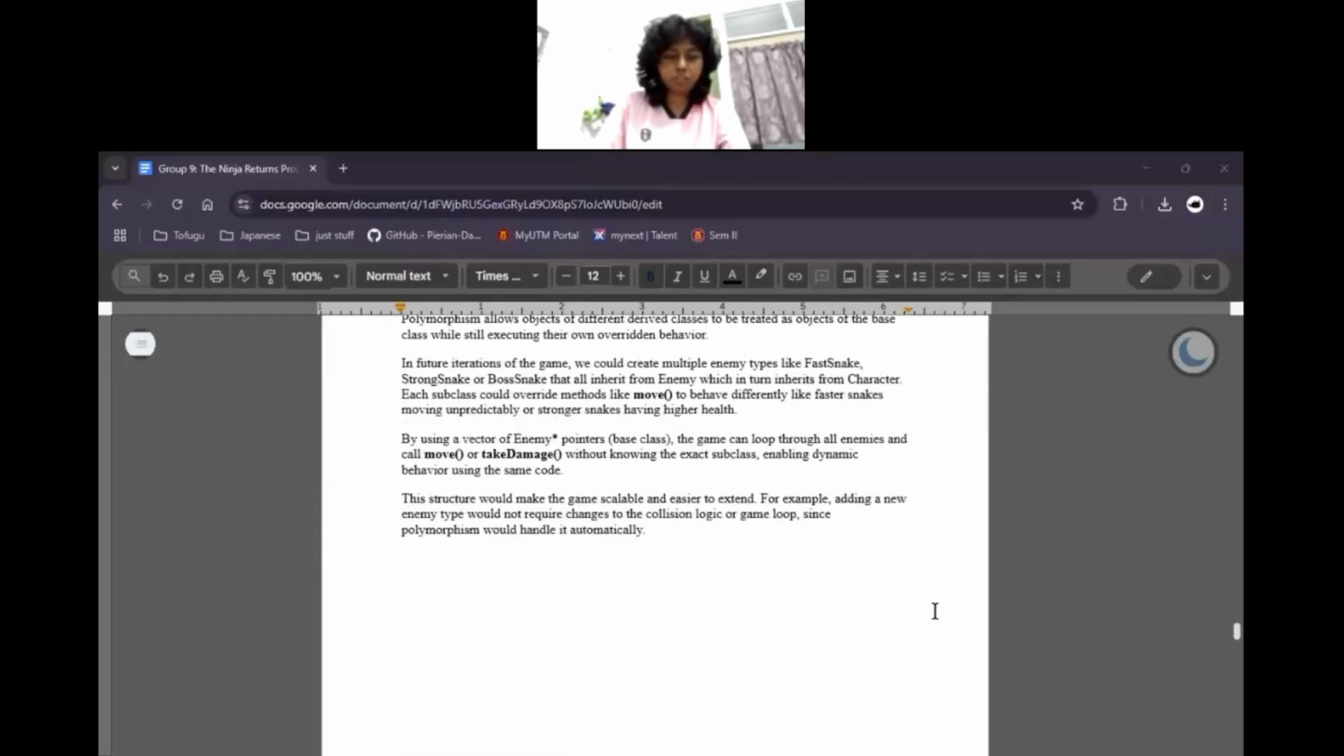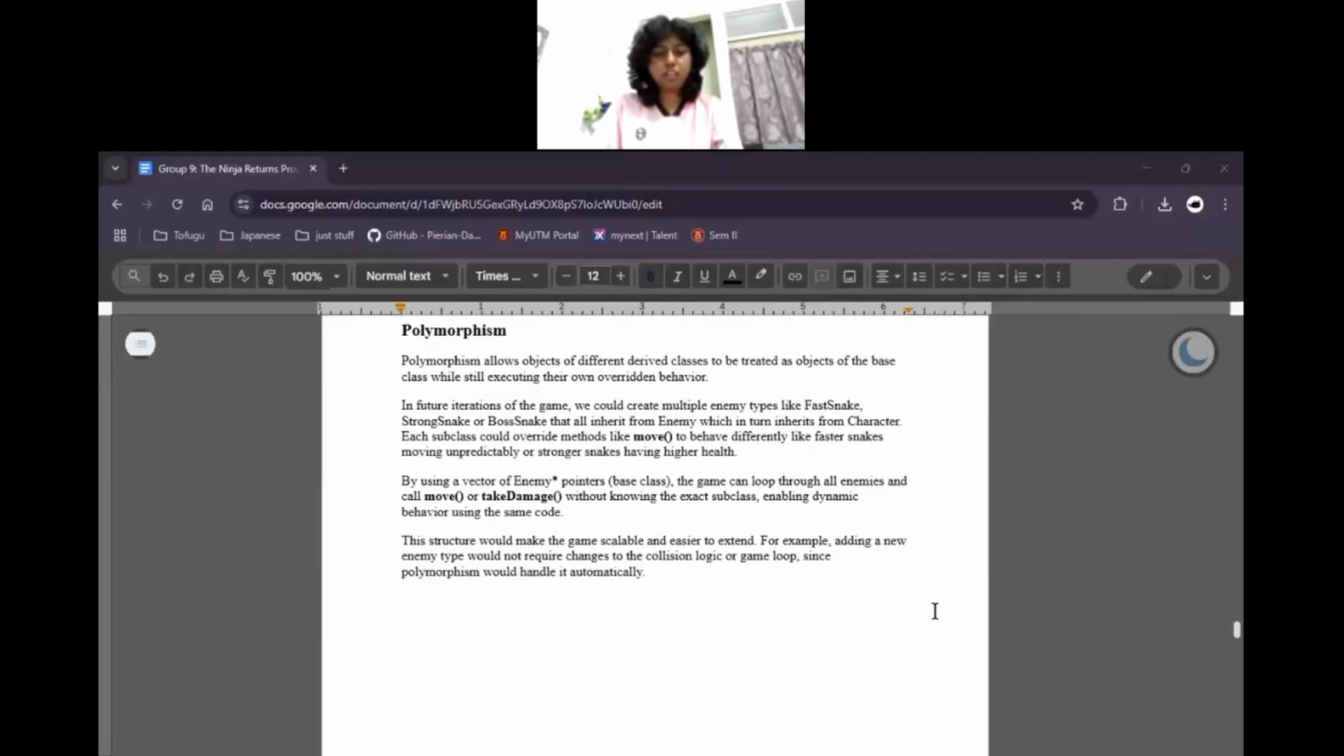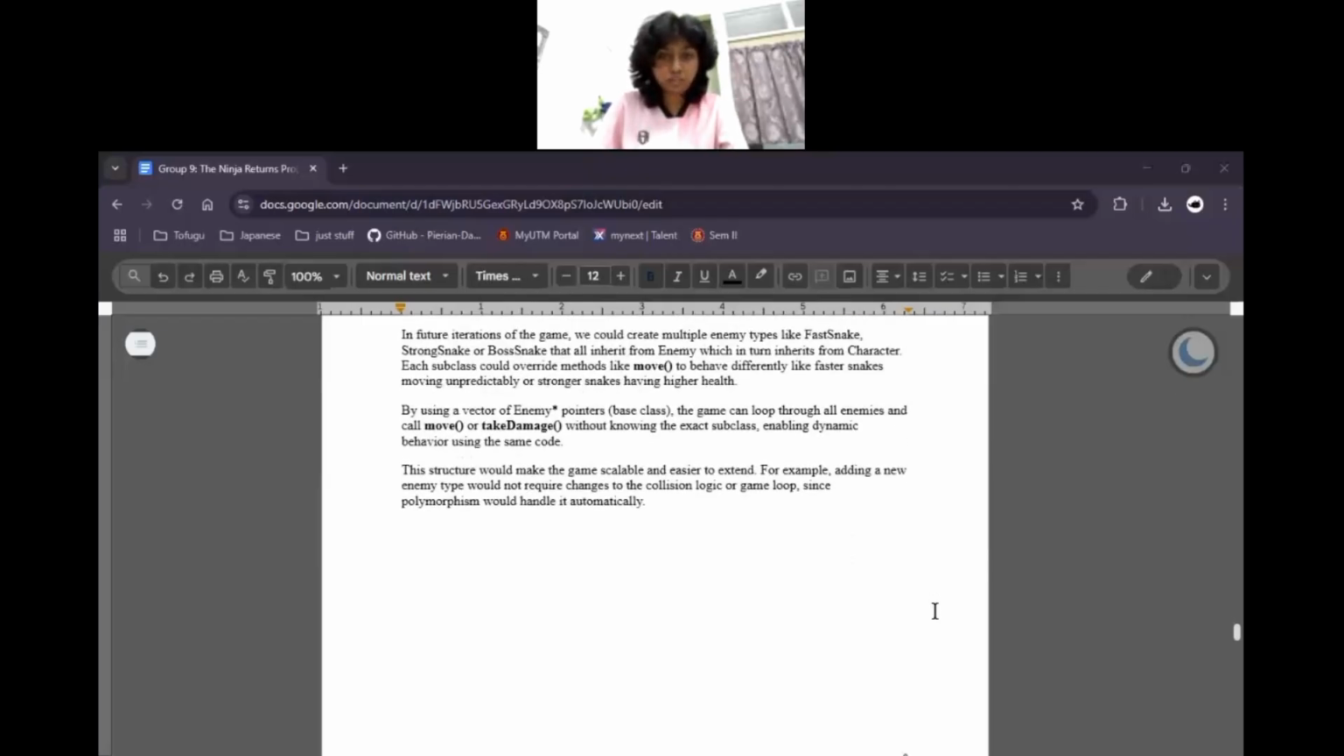And for polymorphism, which is basically, it lets us treat different derived classes as if they're the same base class, but they still behave according to their own rules. A good example would be if we create different enemy types, like fat snake, strong snake, or like a boss battle snake, and all of them would inherit the enemy, which itself